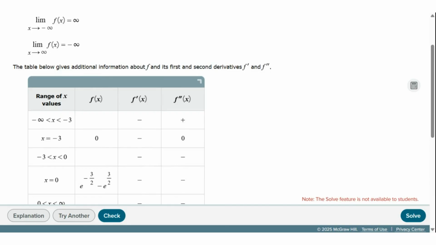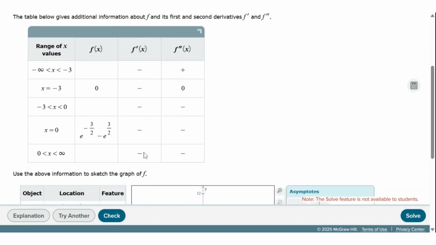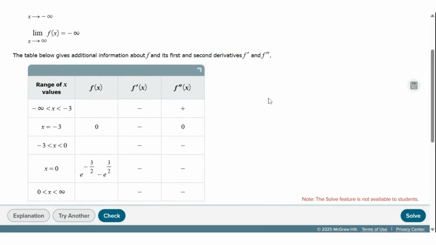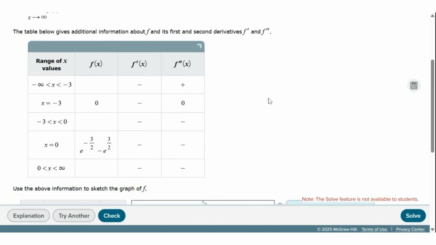When you see 0 under the second derivative, that is an inflection point where the concavity changes. Where you see 0 under the first derivative, and we don't here, that's where the tangent to the function is a horizontal line where the slope is 0. So as with all of these, my suggestion would be to type in the points you have first,